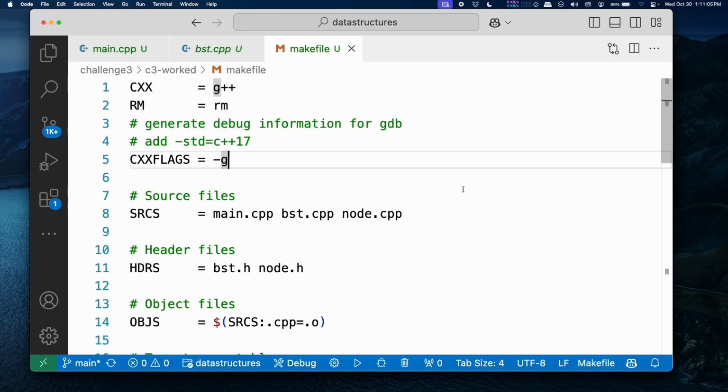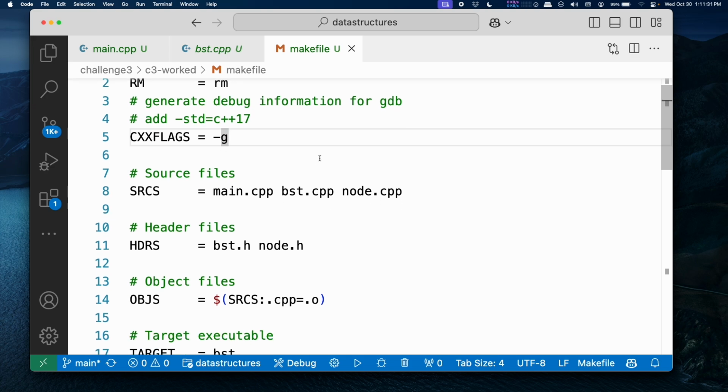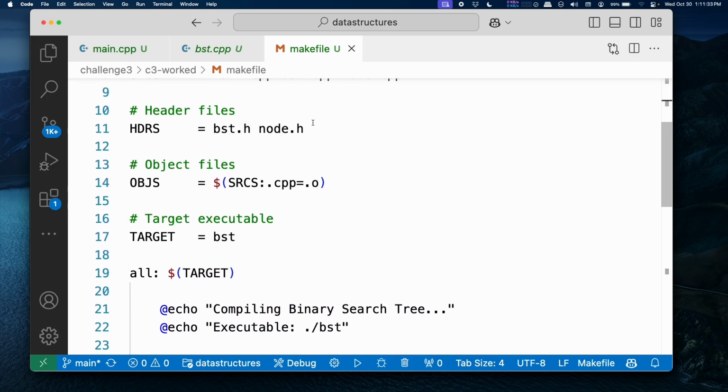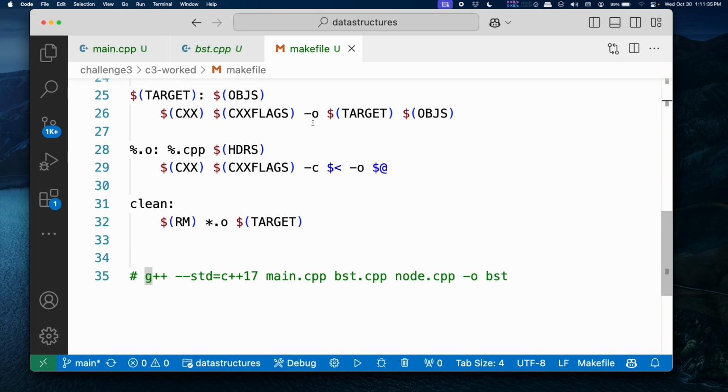So when you build bigger and bigger projects, obviously there are lots of things that you want to happen. And if you remember, when we do example code, usually in the comments I have, you can compile this using g++ and these flags and stuff to set the right version of C++ for the environment. So this file is just kind of a scripted way of doing that. It's very common. And so you can look at this file and you can see that it's got these different things written out.